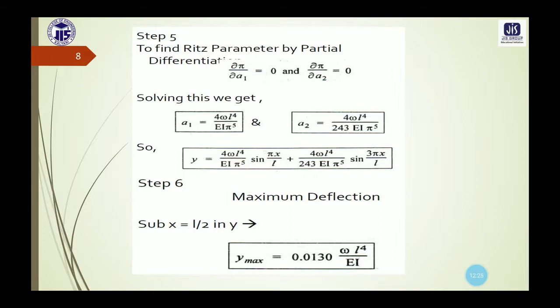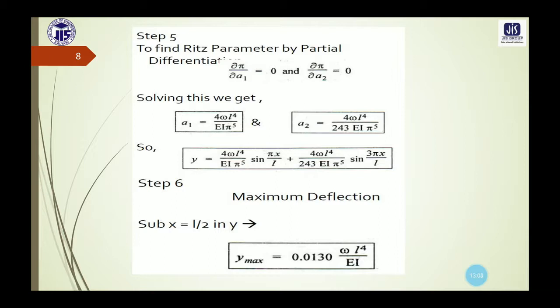So after putting the value of a1 and a2 in the approximation function, this is the mathematical representation of y now. Now we need to perform step 6, that is the maximum deflection. So we need to substitute x equals L by 2 in the representation of y. If we put this value of x equals L by 2 in y that we got in step 5, then after several steps we will get y max, this is equals to